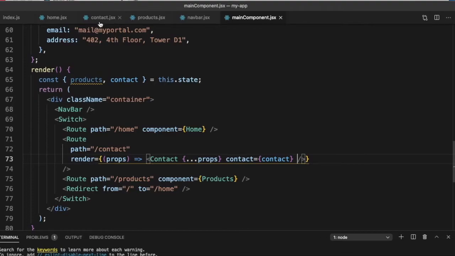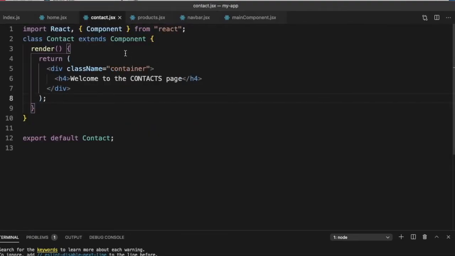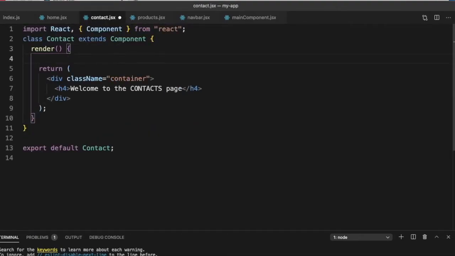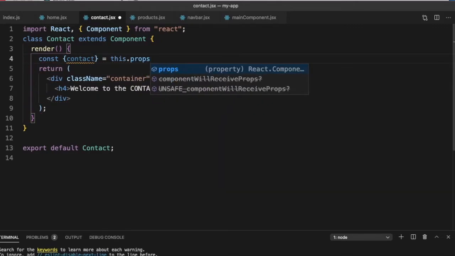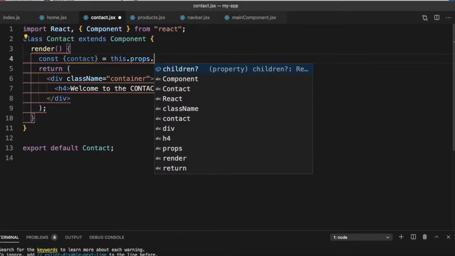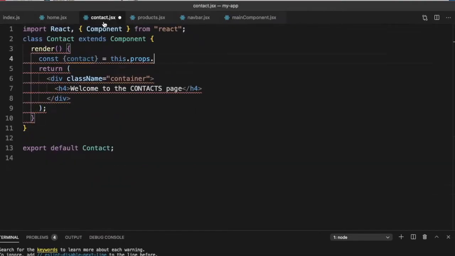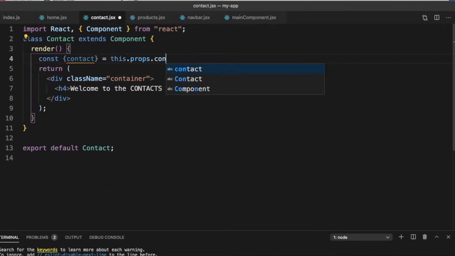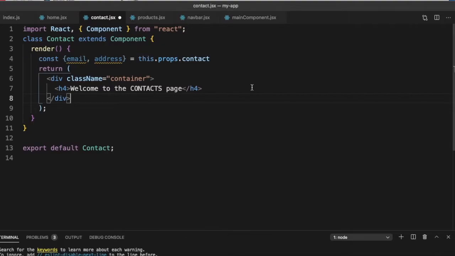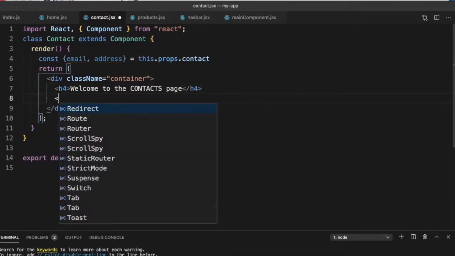Let's go back to our contact. Now here we will receive our props. So I can just say const contact is equal to this.props, or we could have also said, go back to it, we have email and address. Email, address. Welcome to the contacts page.